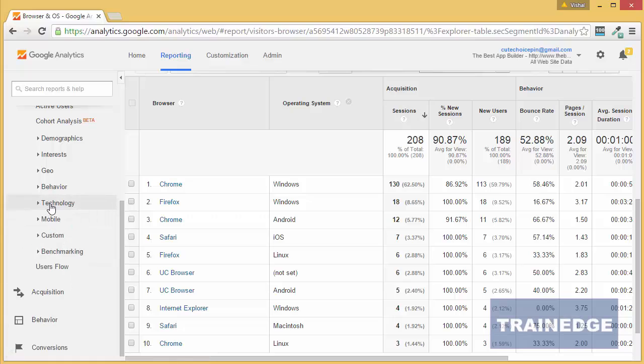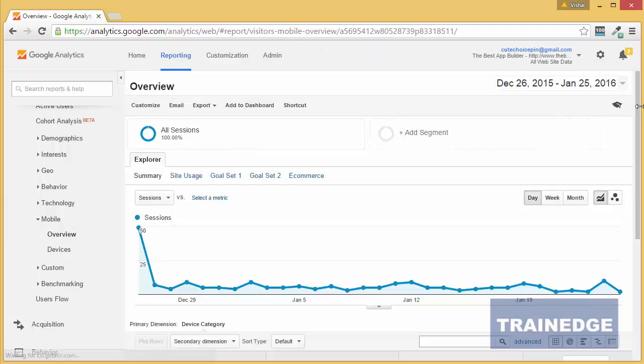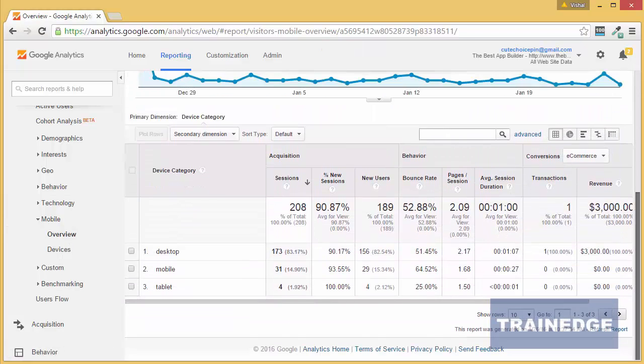The mobile report shows you information about people who are using mobile devices to access your website. As you can see, in this case, majority of visitors are using desktop, but there are about 15% visitors who are using either a mobile phone or a tablet.